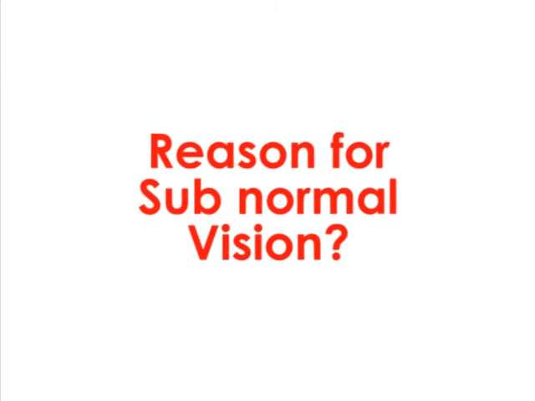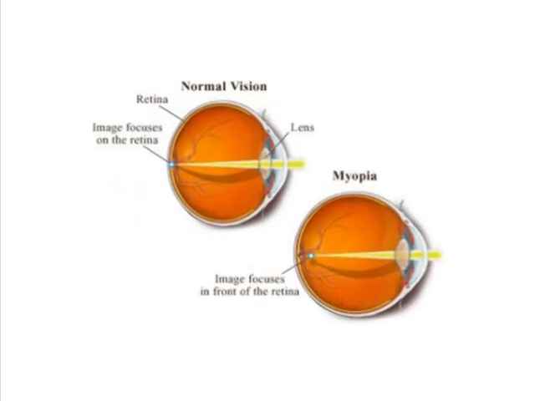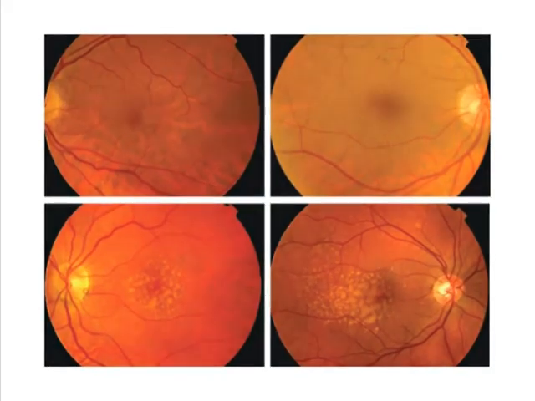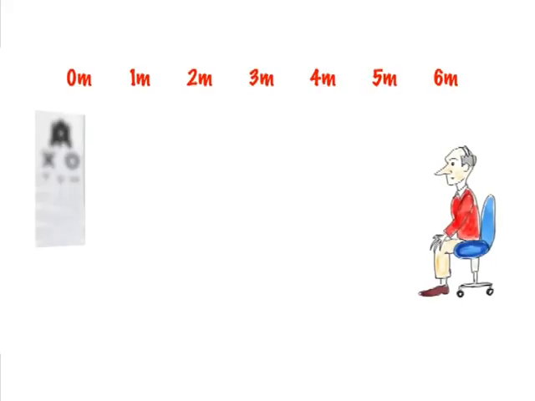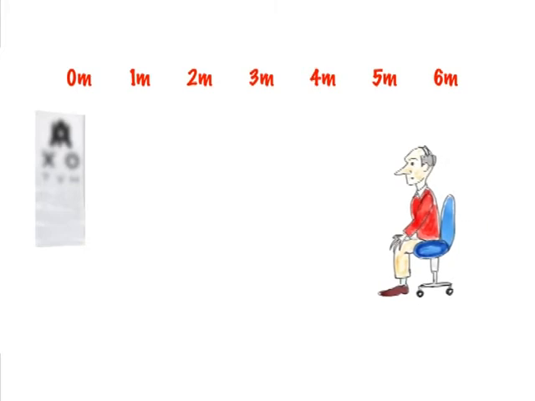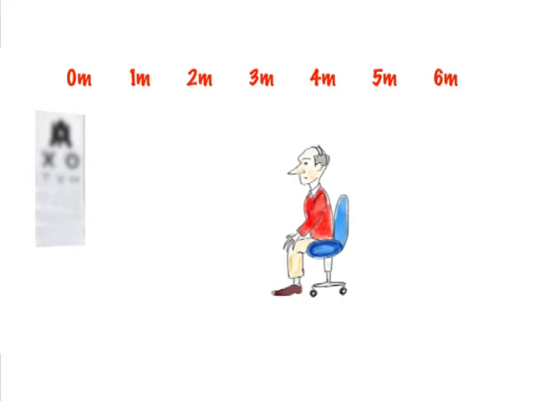This patient may have something as simple as a refractive error like myopia or hyperopia, or may have an ocular pathology. We can check this by asking the patient to repeat the test through a pinhole. If it's a refractive error, the vision will improve through a pinhole. If they cannot read even the top line from 6 meters, bring the patient progressively closer to the chart till he can see the top line.